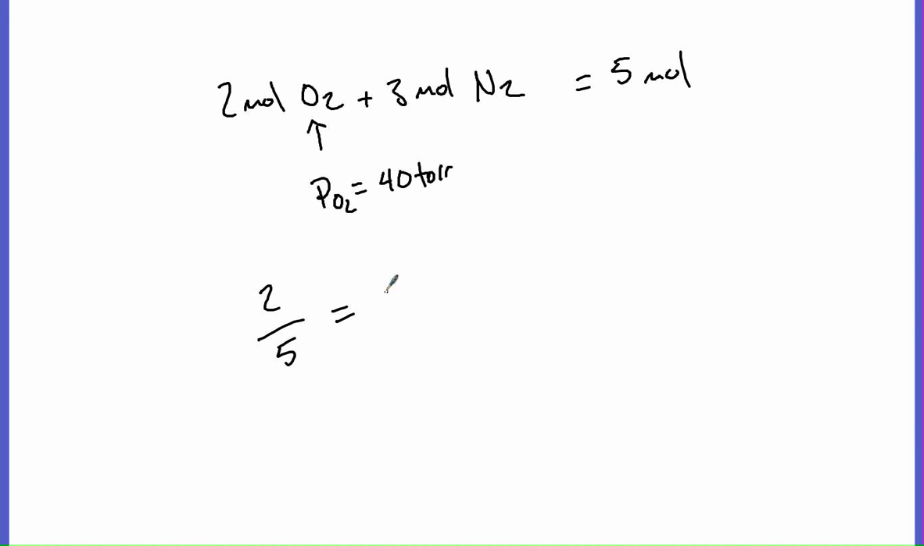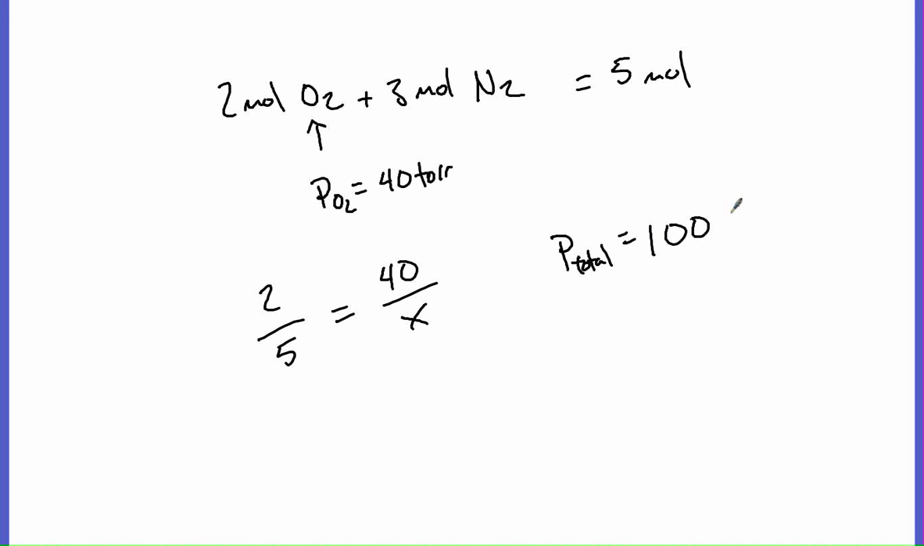Now, I'm doing the same thing I did before. I'm just going to know the top value, the part value, the partial pressure. I'm not going to know the total pressure, right? But 2 out of 5 as to 40 out of what, right? 2 times 20 is 40. 5 times 20 is 100. So I must have a total pressure